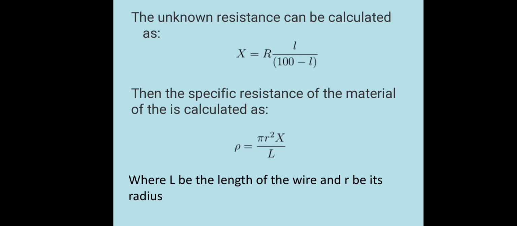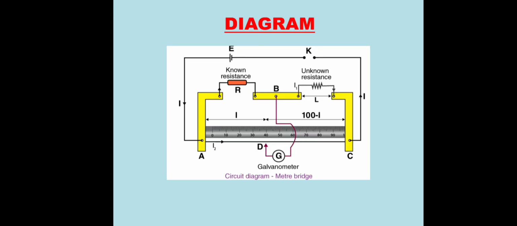Now let us see the circuit diagram. As we have discussed, we have the meter bridge. Why is the meter bridge known so? Because the length of the meter bridge is 1 meter and it accompanies a 1 meter scale also. Further, it has steel strips which are shown in yellow, which have sufficiently thick area such that the resistance is negligible.